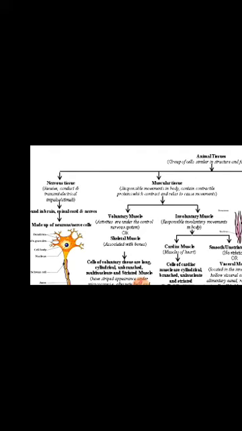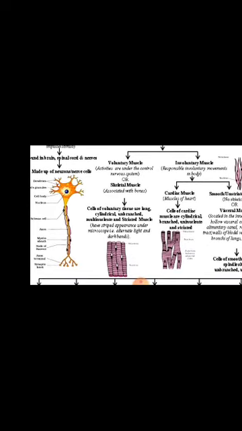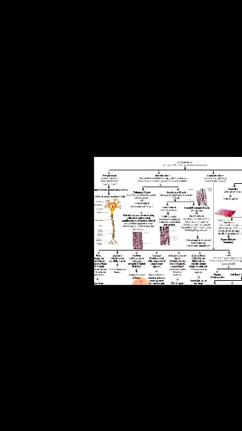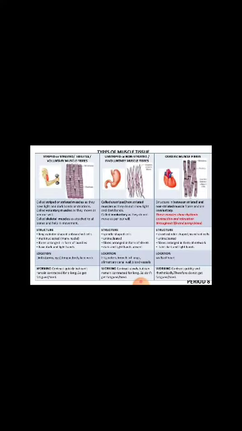Now where are they found? They are found in the brain, in the spinal cord and the nerves. And these nervous tissues are made up of neurons or the nerve cells. Now this structure also we have discussed in the previous session, so we need not go into too much detail. Just a quick recap of it.